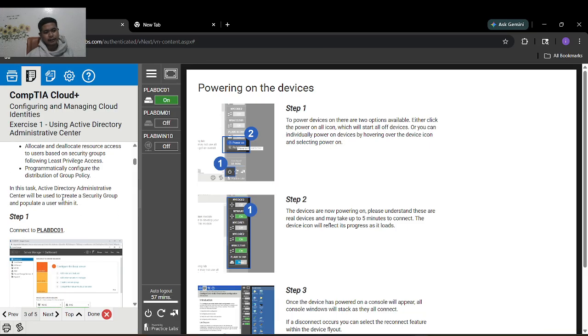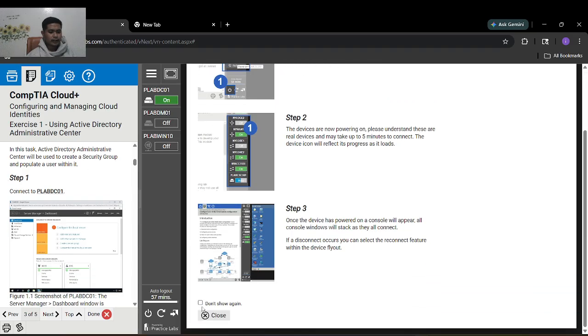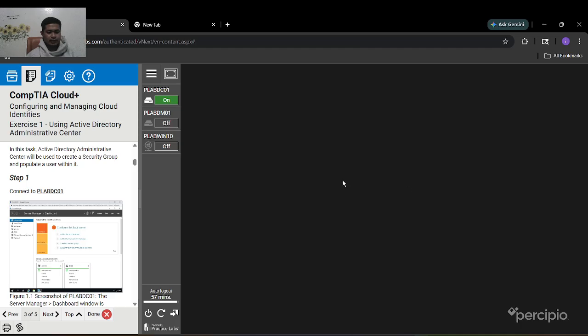So in this task, Active Directory Administrative Center will be used to create a security group and populate the users within it. Step 1, connect to the PLAB DC server 1.